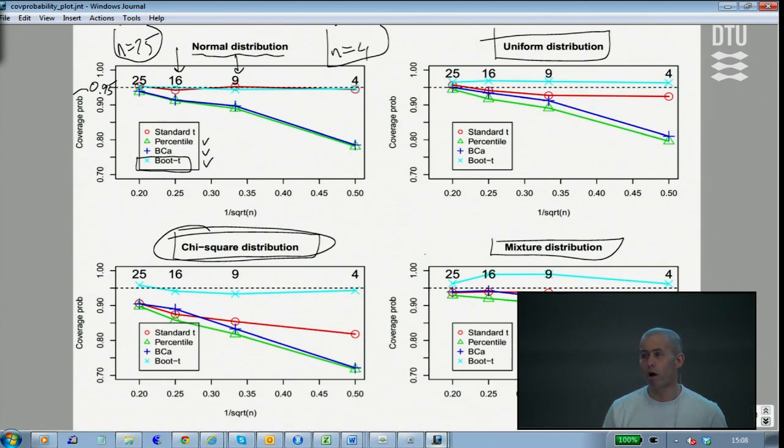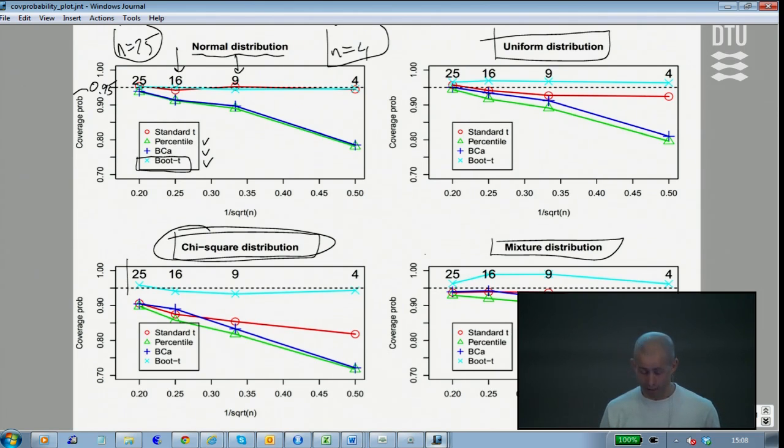It has a completely wrong coverage probability, but again it's the bootstrap t, the light green-blue one, that performs the best. And the other bootstrap methods are, funny enough, performing even worse than the t. Here, they are even further away than the t from the true coverage probability.